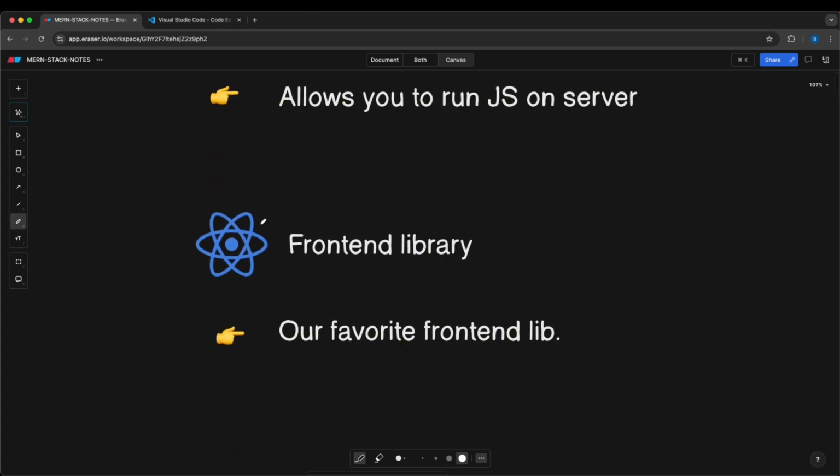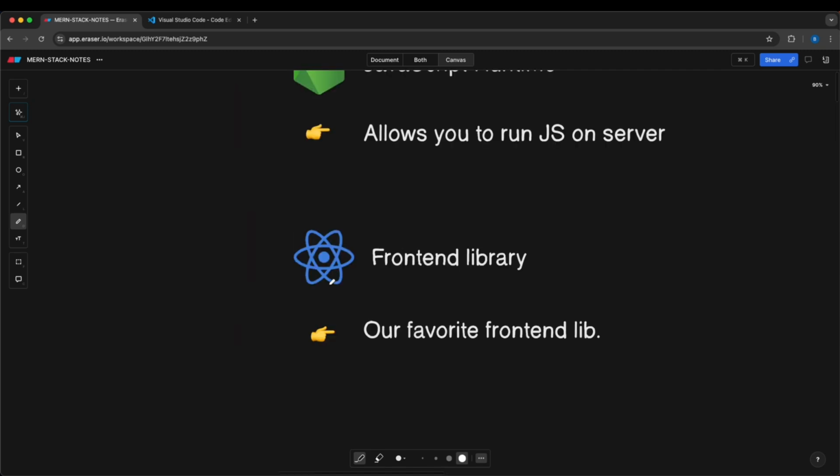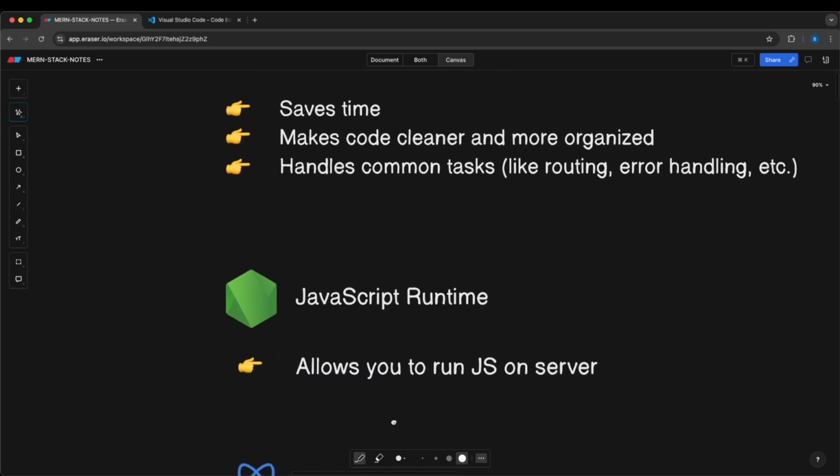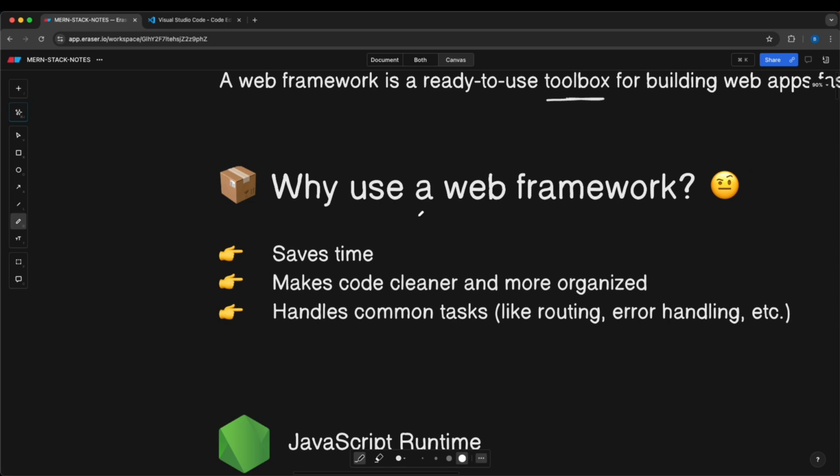And then finally, we have React, which is going to be our front-end library, our favorite front-end library. We'll get into the details, but I assume you know the basics of React, like super basics, like components, maybe useState and useEffect. That should be it. Okay, so now that we know the basics of Node.js and Express, let's get started with it